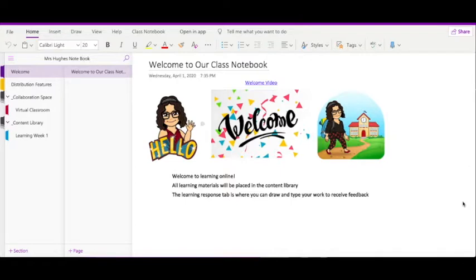It's sort of a shell of what my actual notebook looks like. Unfortunately, I couldn't show you the one that I've created to share with my students due to privacy reasons. So it looks very much the same to what yours would look like. The only difference is that I don't have the students' names and the sections under the student names. But what I've done to combat that is inserted some screenshots. So hopefully it will give you a really clear picture of the things that I'm going to be showing you